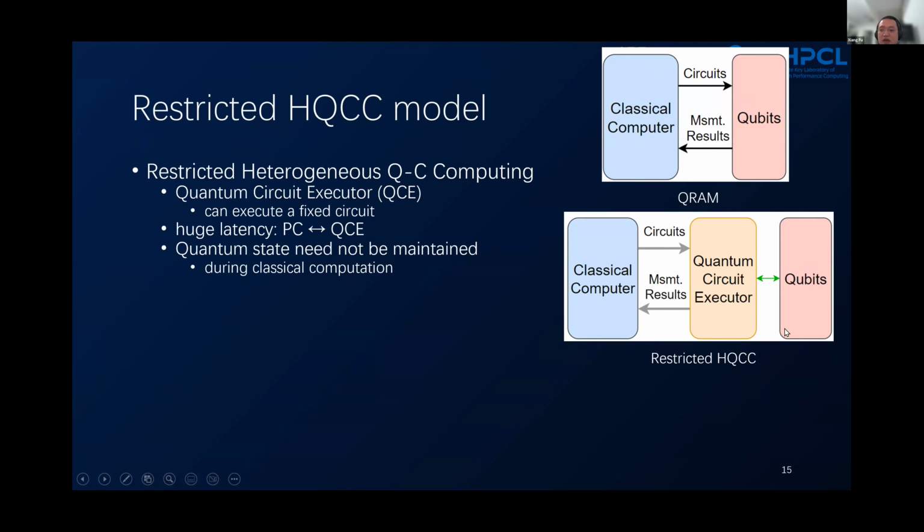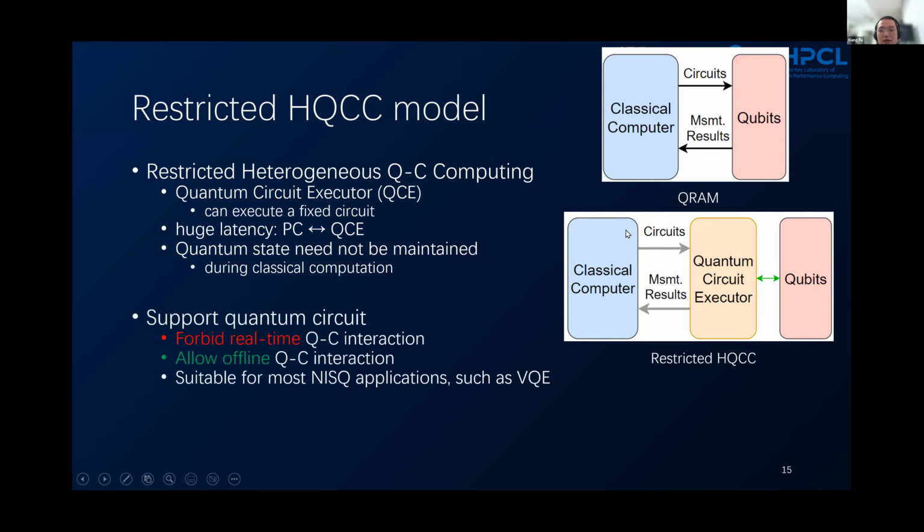It means that you can use the qubits to perform some computation, then retrieve the result back, do classical computation, and then start the next iteration. But you cannot perform classical computation here while the qubit states are maintained. It can support offline QC interaction, but it forbids real-time QC interaction.